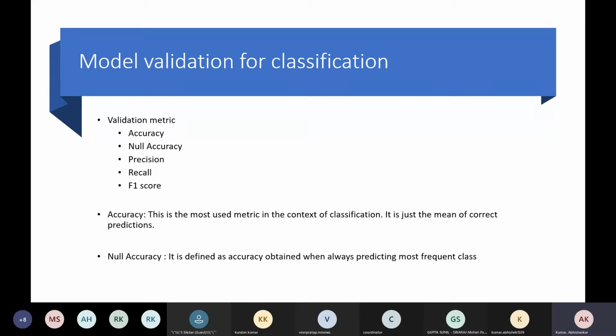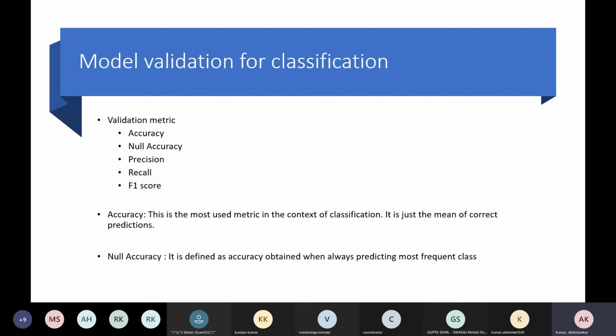So for a continuous variable, we can use root mean square error, we can use absolute error, or we can also use something called Q square, which till now I have not told you how to compute, but whenever we have regression, we'll have Q square. We'll also see how to compute Q square, and that is an important metric actually. So for classification, we are going to see some of these cross-validation metrics.